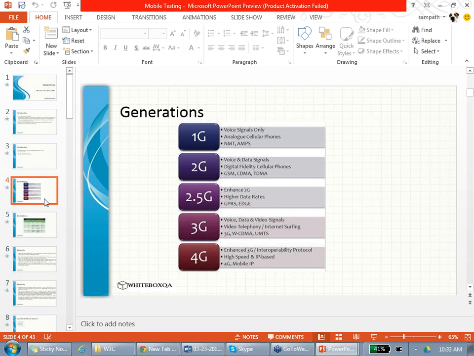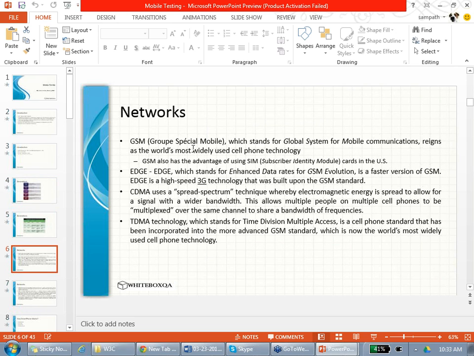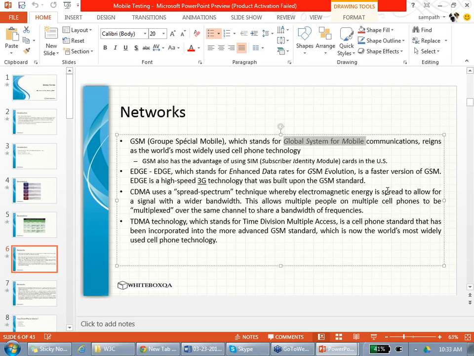What is GSM? What is CDMA? What is TDMA? GSM is like global. It's a Swedish name actually. It is called Group Special Mobile, or Global System for Mobile Communication. Most of the phones we use are GSM communications. GSM uses a SIM, and inside it uses TDMA sometimes to enhance it. It is one of the first digital technologies. I will tell you the difference between TDMA and CDMA.